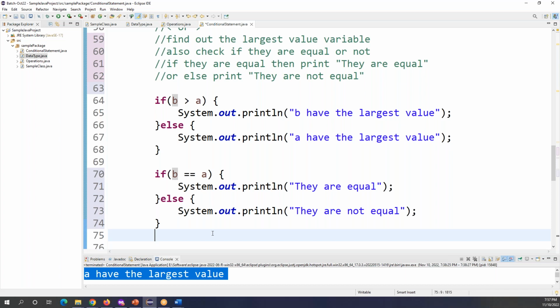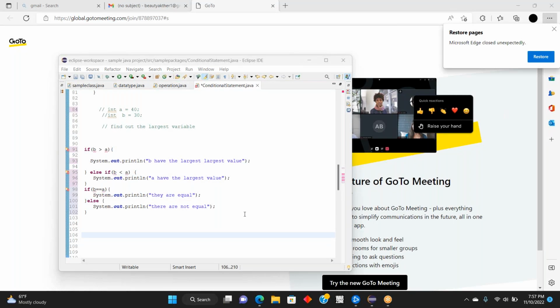You got an error. Okay, let me fix that error. The thing is, okay, so if you keep your cursor here on the first error in line number 91, what it says,